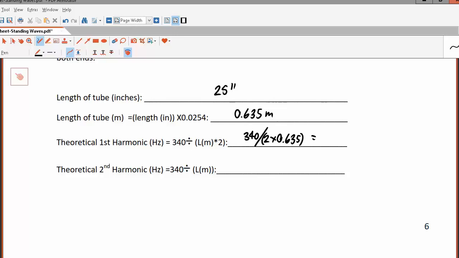I'm just going to calculate it on my calculator. So that's 340 divided by 1.27, which is